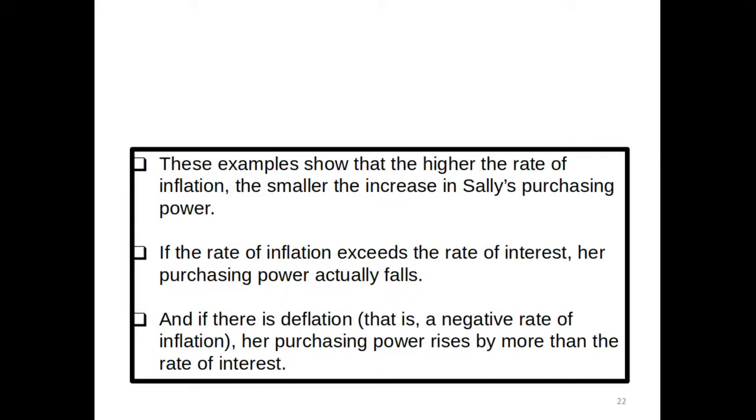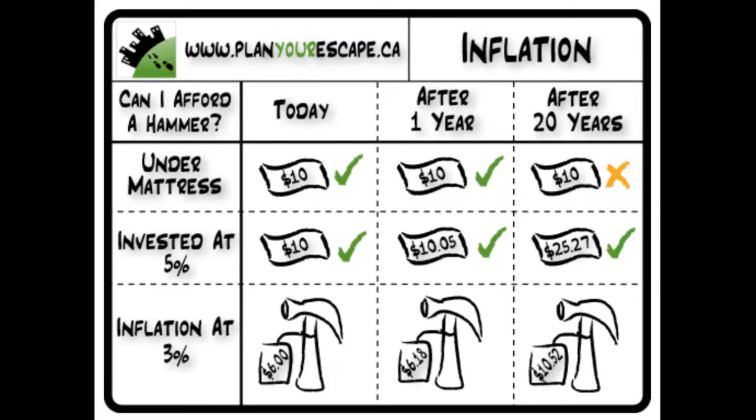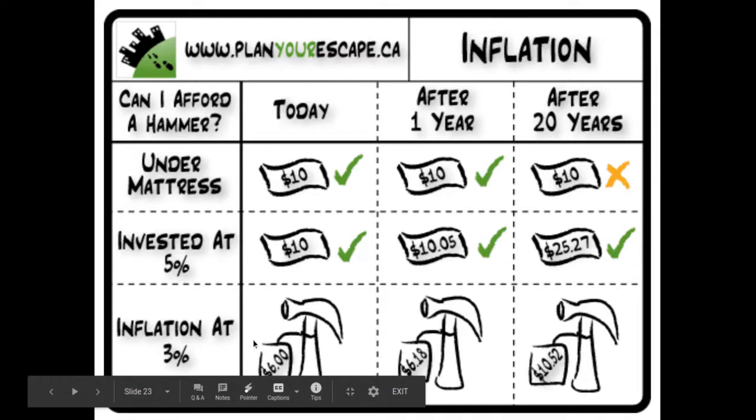So to know if Sally gets a good deal on her interest rate, we really have to know what's going on with inflation. If inflation exceeds the rate of interest, her purchasing power is going to fall. If there's deflation, purchasing power is going to rise by more than that rate of interest. And here's kind of the example with a hammer. If you just put your money under the mattress, you're not going to make any return on investment. If you invested at 5%